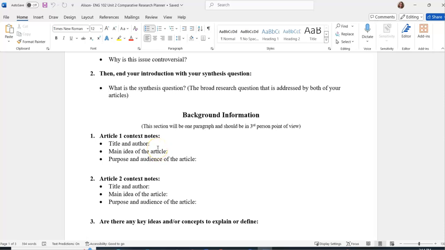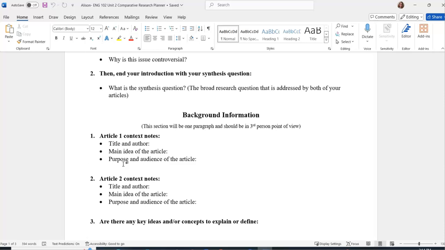Unlike Unit 1, where you had to write a full-blown summary, in Unit 2, you do not have to write a full-blown summary of either article, but you do need to tell us the title and the author. You need to tell us what the main idea is. You need to talk about the purpose and the audience of the articles. So it's not a summary, but it is going to have some basic information so that way your audience understands